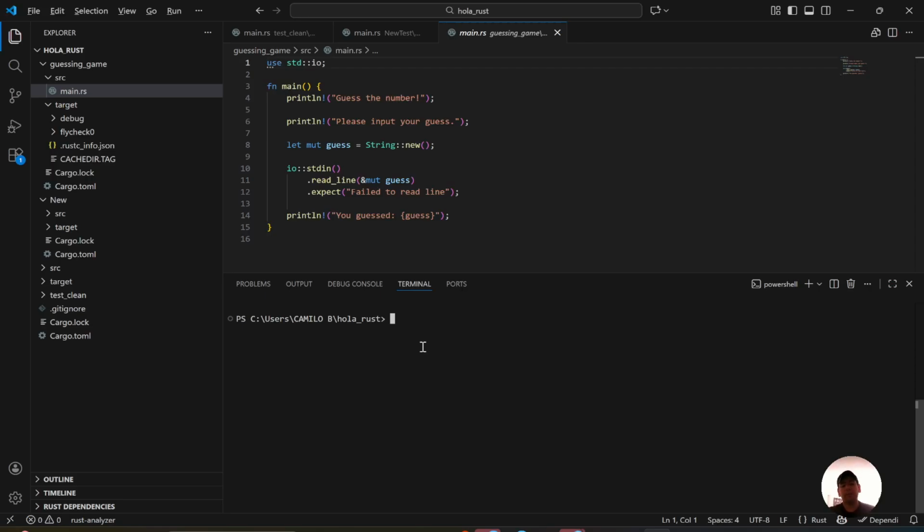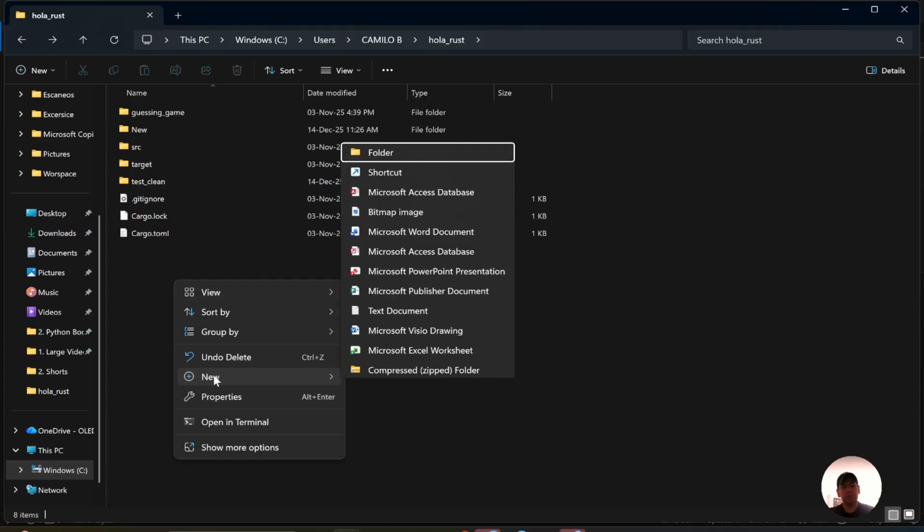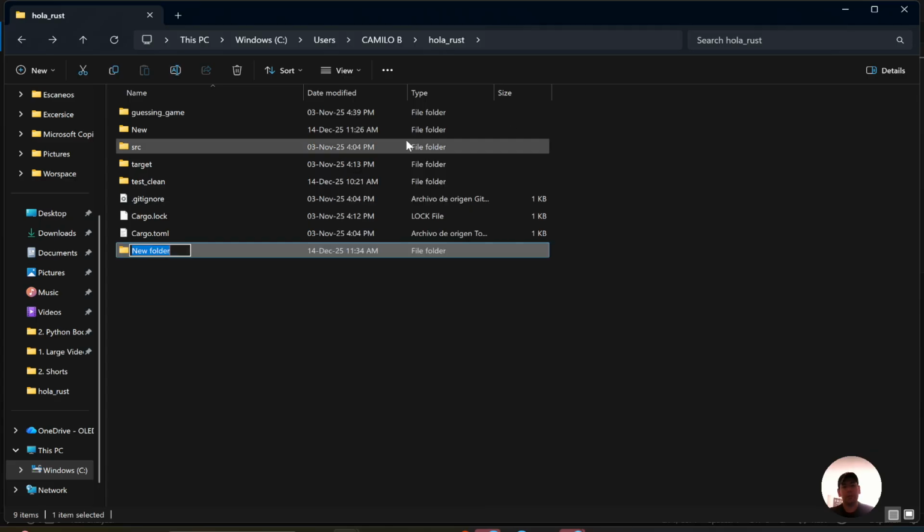Have you ever had problems creating a new project in Rust? Now let's see how to do it. The first step that you need to do is to create a new folder. For example, in this new project,